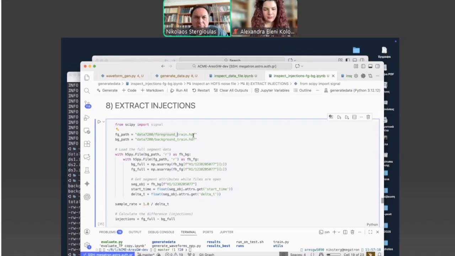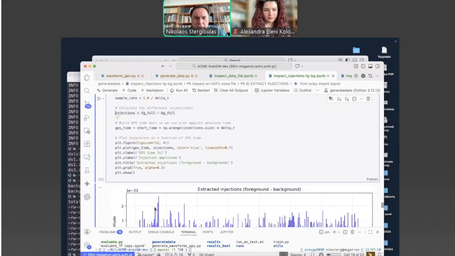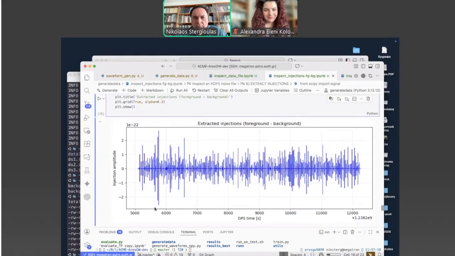So we can actually subtract the two, and then we should be able to see the injections. So this is what it's done here. We calculate simply the difference once we have loaded them. So we call these injections, and now here they are.